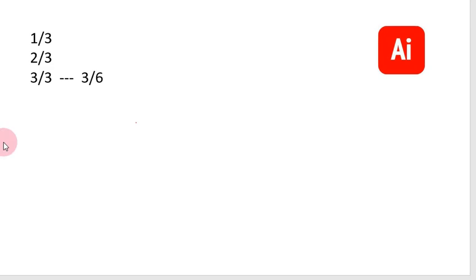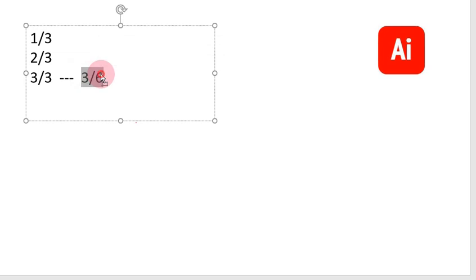So don't be confused. Here's an example. If you do the first task, you'll get 1 over 3, then 2 over 3, then 3 over 3. If you do all the other requirements like calling another student, you'll go to the next level. It'll say 3 over 6. If you don't do the other requirements, it'll say 3 over 3. Okay? So that's that one.